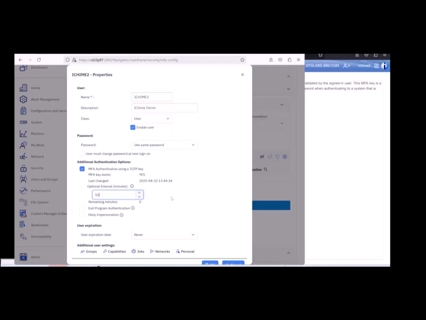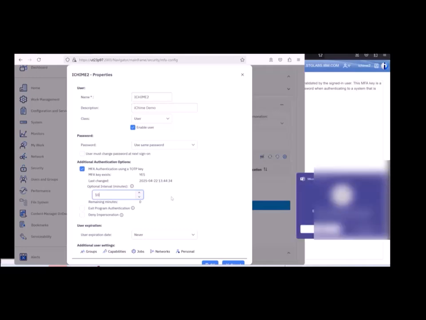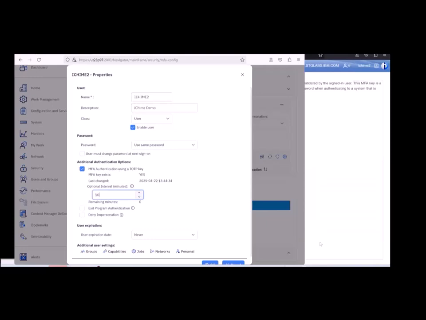Q file serve 400 is a good example of an application that does not work with this. That is completely dependent on a cached password with no way for the user to be prompted for a TOTP. So if you're doing something with Q file serve 400, you have to find a way where that user signs on and activates an interval, and then that user is able to connect to that system with only their password, right? So there are considerations like that based on the different applications used, and that's why there's that individual